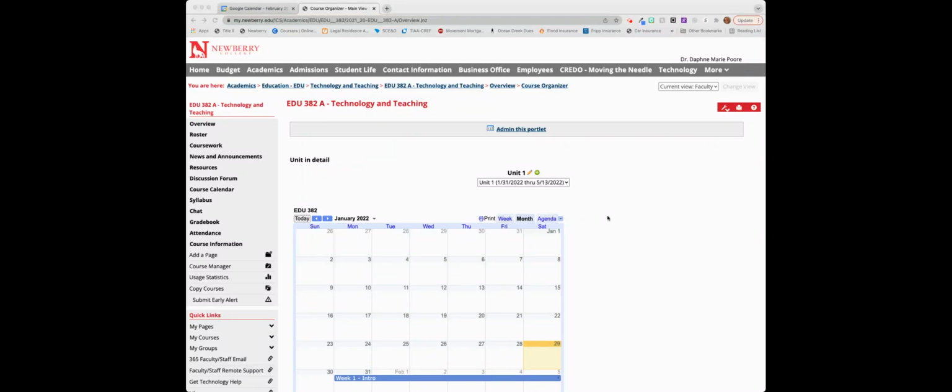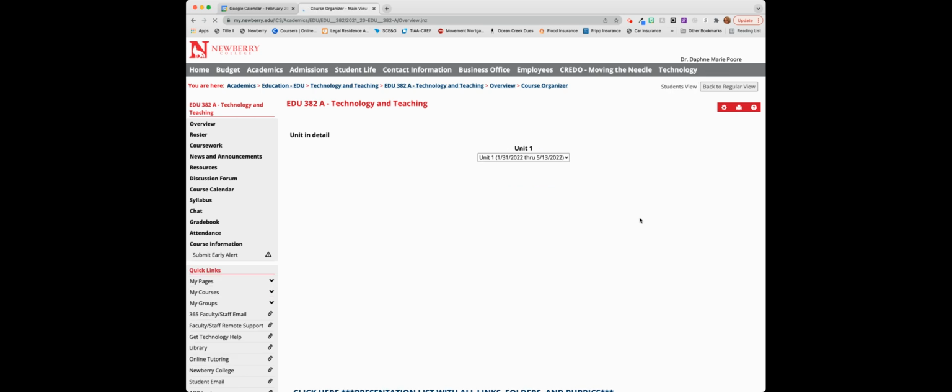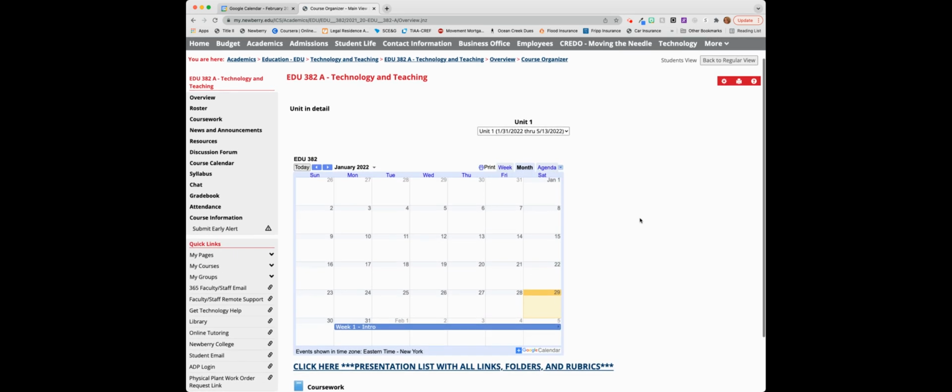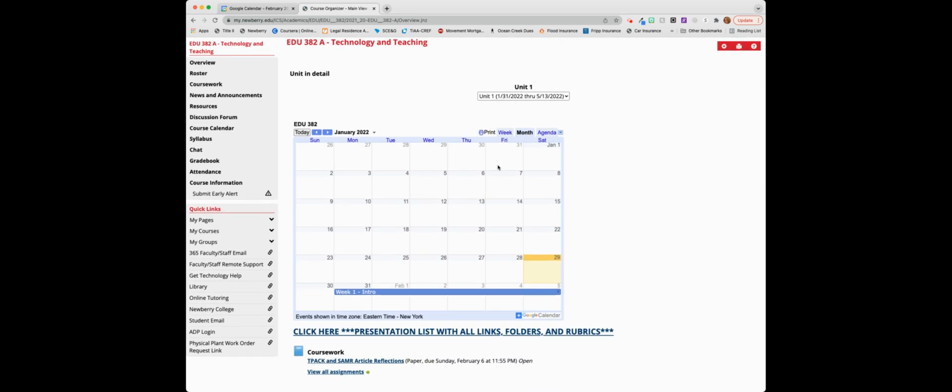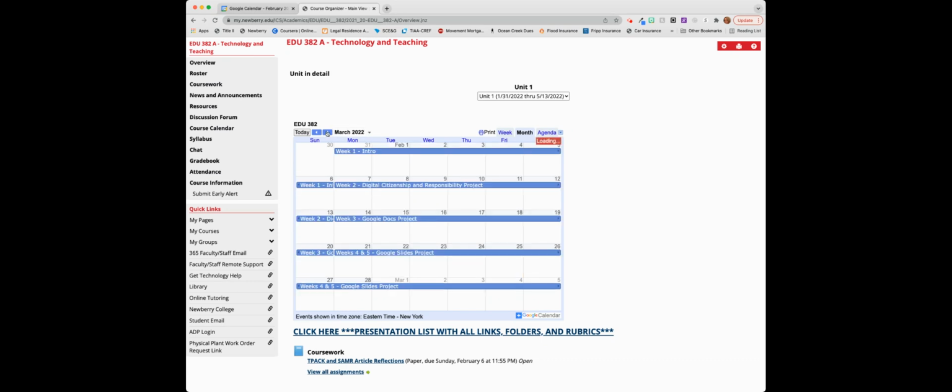I wanted to give you a quick overview of what WolfDen will look like for this course, just so you're not confused. Let me go ahead and change this to student view. So the first thing that you're going to see when you open this course is this Google Calendar. And this is dynamic, which means that you can click and go to the next month and through the entire semester. So you can see here that I have already entered the weeks and the assignment that will be due